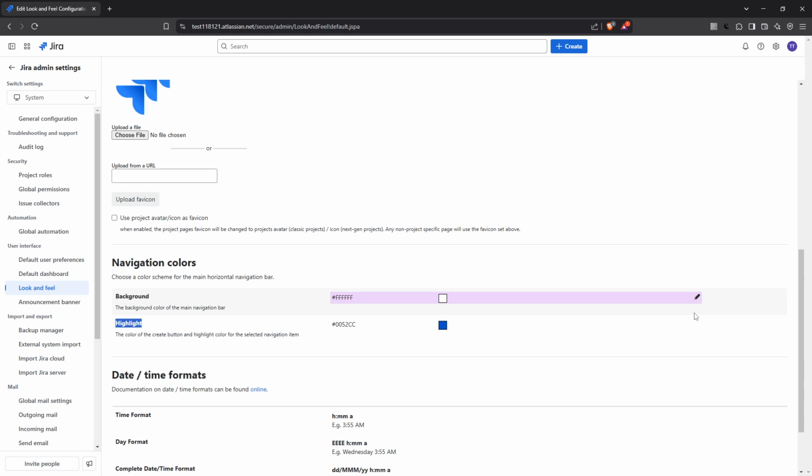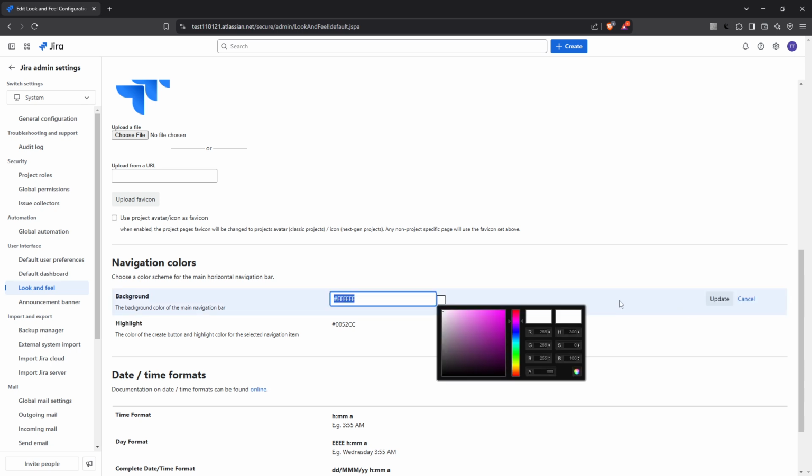Regardless of your choice, you can now use the color picker to find just the right shade, or if you have a specific color in mind, enter the hex code directly. After selecting the desired colors, it's essential to remember to save your changes. Look for the Update button. Clicking this ensures all your hard work customizing the logo and colors is saved, applying the new look and feel